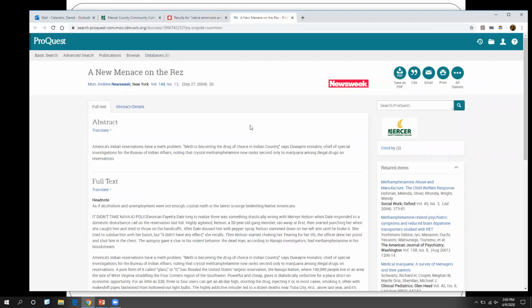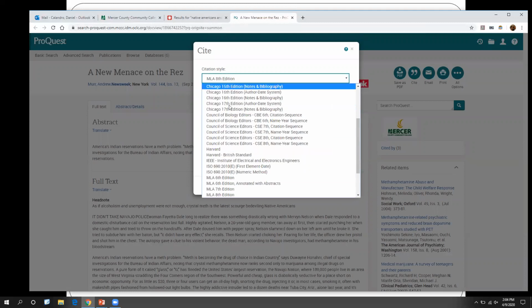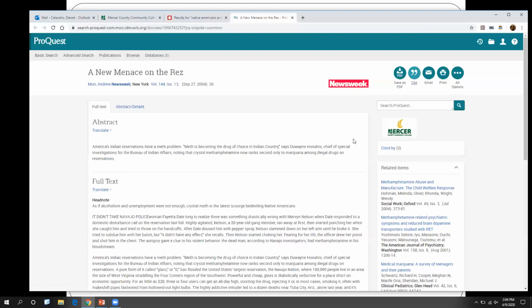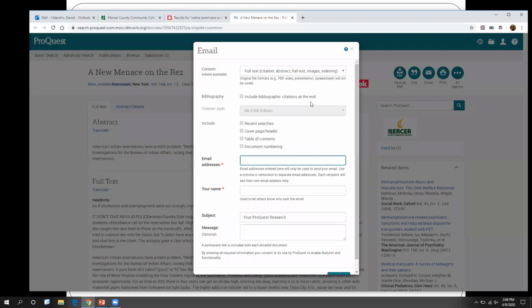And then if you find something you like, you can go ahead and you can click on the cite button. It'll generate the citation. You want the MLA 8th edition. If it doesn't pop up as the MLA 8th edition, you can see there's the drop-down box. Click on MLA 8th edition, and it'll change it to the proper citation format. If you guys don't download the PDF, that's fine. At least email the article to yourself, so this way you have a copy. You can get back to it later, and you don't go crazy looking for it.